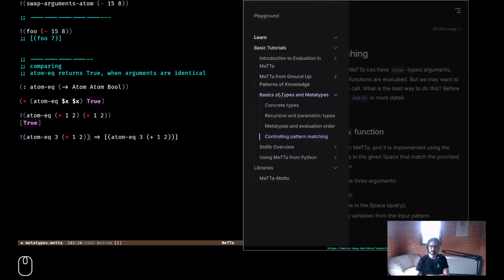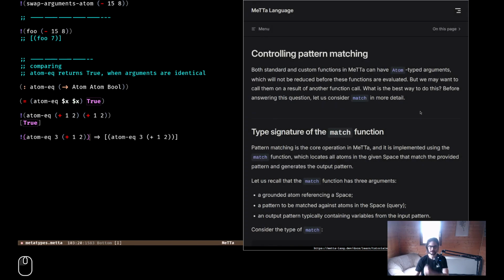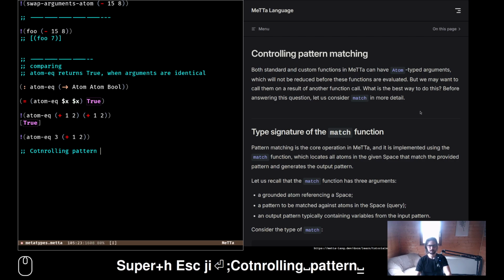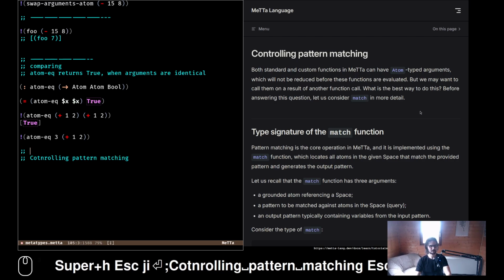Where am I now? Basic types and meta types, controlling pattern matching.